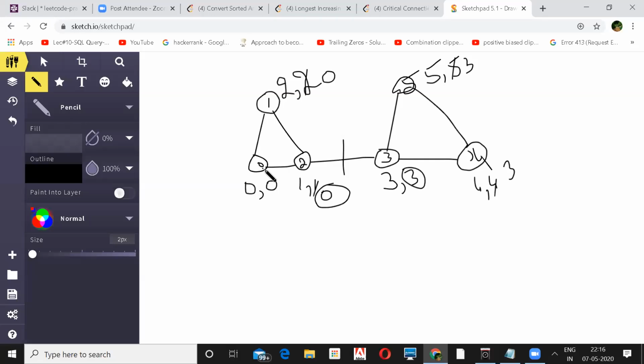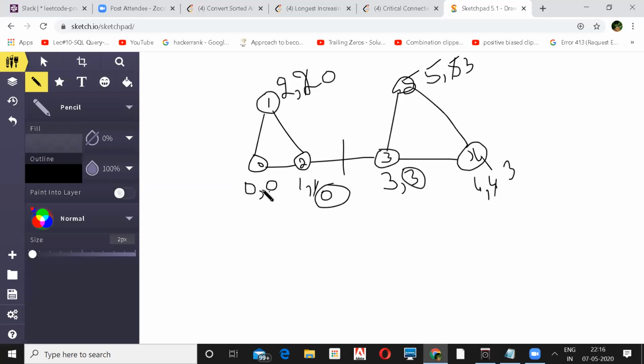Yeah. If you can reach from 1 to 0, and 2 can go to 1, then this can also reach 0. So you just update it. This makes sure that if all the numbers are equal, you are in a cycle. I see.